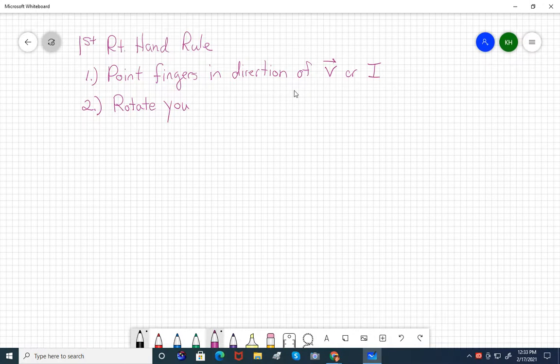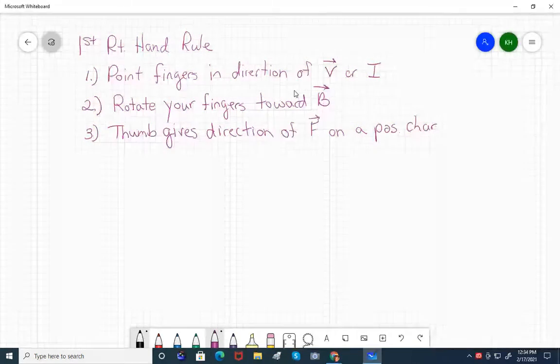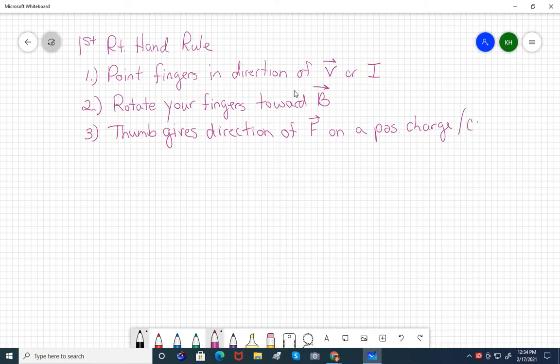and you're able to rotate your fingers toward the magnetic field. If you can do that, your thumb will point in the direction of force on a positive charge or a conventional current. If you need to know the direction of force on a negative charge, it will always just be in the